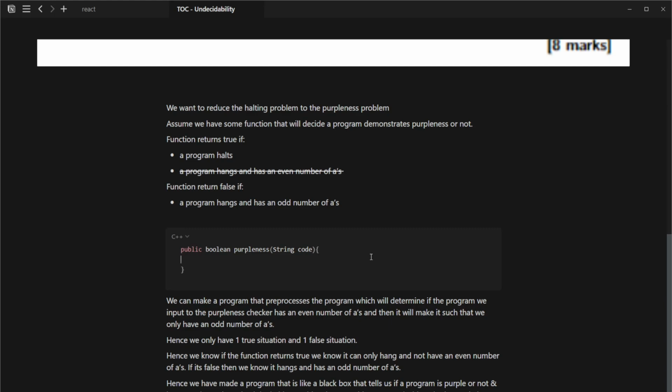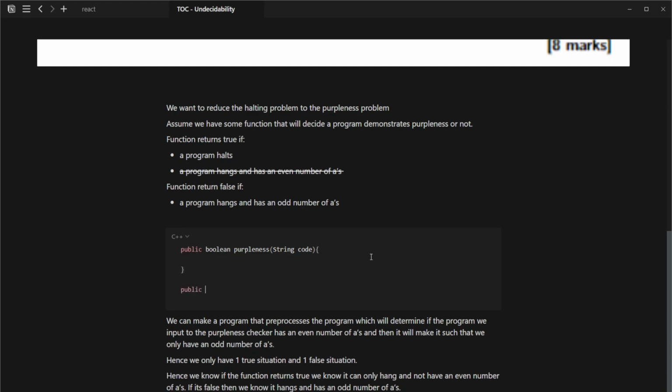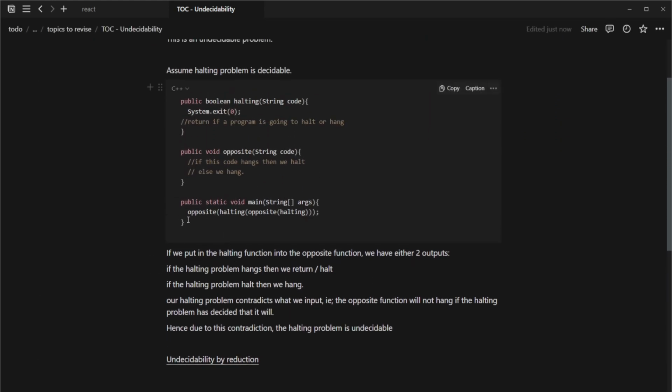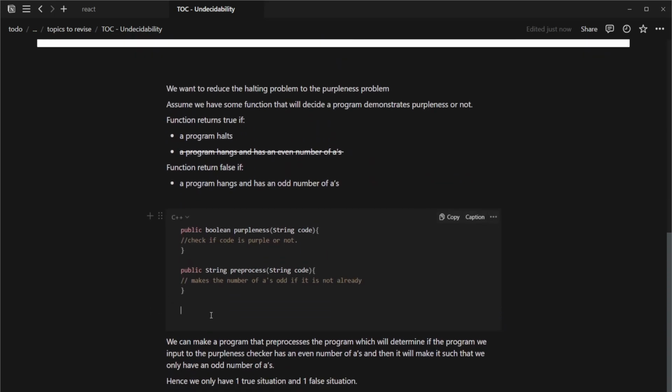So what it would do is we have public string preProcess(string code), and basically what this will do is make the number of A's odd if it is not already, and then this will check if the code is purple or not. And so when we have that public static void, when we run it, for example,